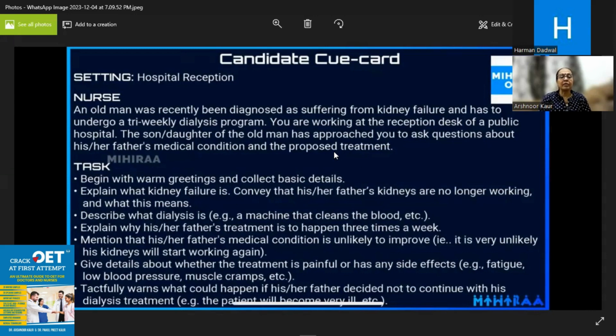Then you must warn about what could happen if your father decided not to continue with his dialysis treatment. Now Henry asks you, nurse, as my father doesn't like to undergo this treatment, suppose we do not continue the treatment after 2 to 3 dialysis sessions, would it have some bad impact on his health? Then you have to strongly recommend, or warn Henry, I'm extremely sorry to tell you, if your father does not undergo dialysis as prescribed by the doctor, he